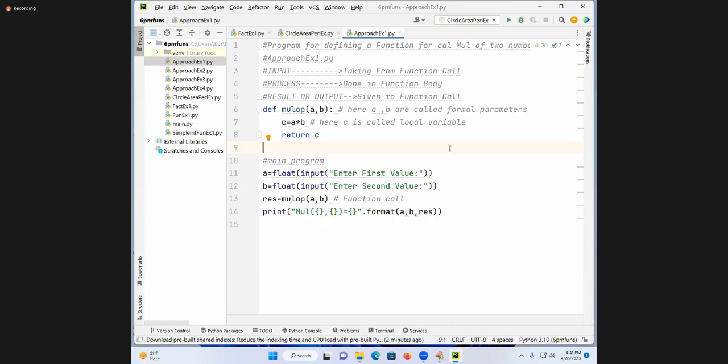What is the relation between the arguments and parameters? Each value of the argument is passed to the parameter. One more time: each value of the argument from the function call goes to the parameters of the function definition. That is known as what? Relation. In how many ways can I pass the data? There are totally 5 ways to pass the data.